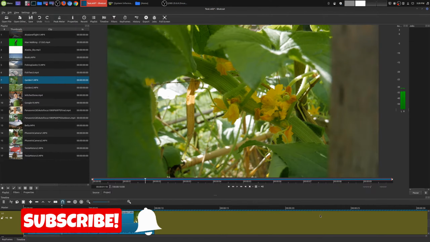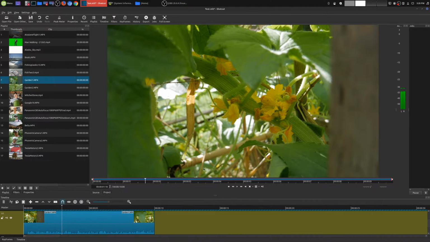On this Shotcut tutorial, I'm going to be showing you how you could get better performance while you are editing. Now, this is going to be especially important if you're going to be working with 4K files or more complex projects. And so if you look at the two files that I'm going to be using here today, like this